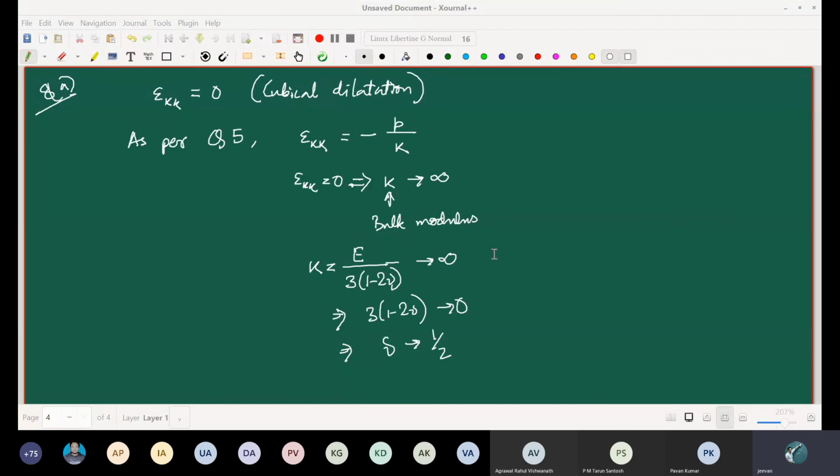Let us quickly go to question number 8b. So referring to the expressions of the Lamé parameter lambda and the bulk modulus k found earlier, show that both lambda and k tend to infinity when nu tends to half. So k tends to infinity, we have already talked about it. But let us take a look at the expression of k involving lambda and G. So we have this expression: k is equal to 3 lambda plus twice G by 3. Does that help us in answering question number 8b?